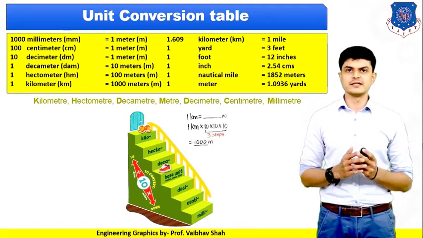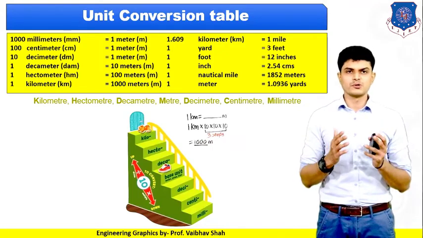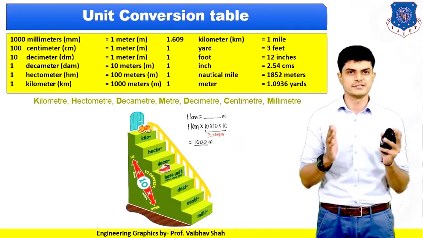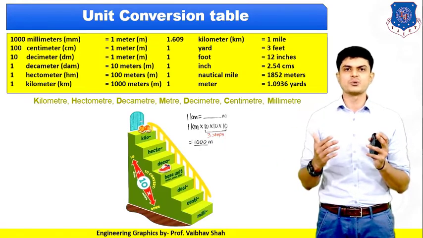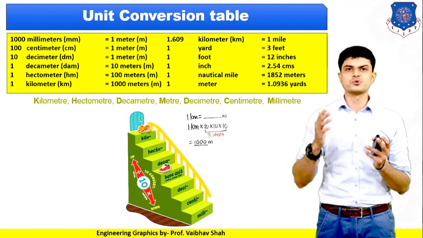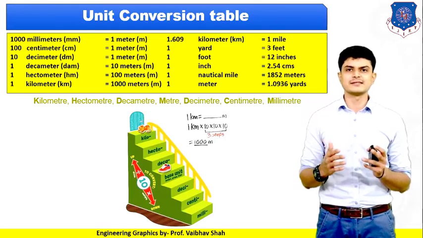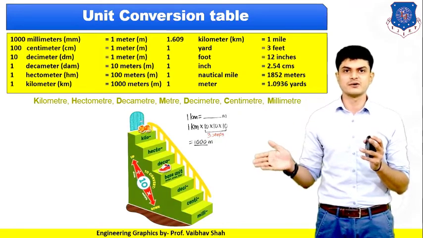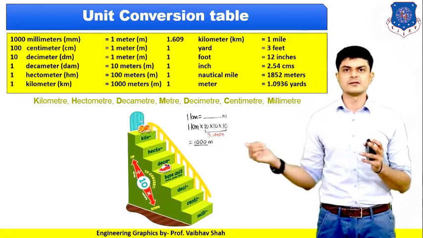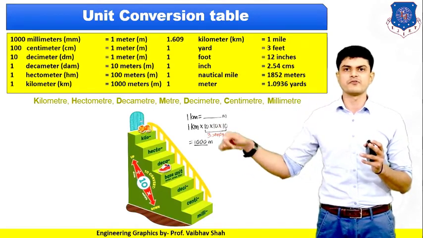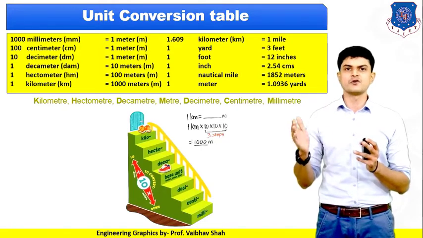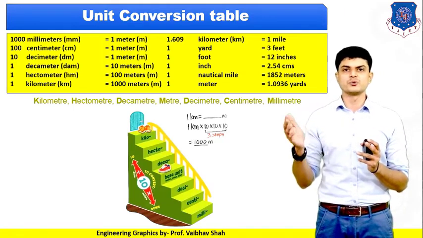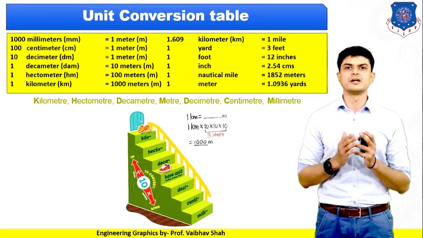So now you will say, sir, it is very difficult to remember this table, right? No, don't worry. I am giving you a shortcut trick to memorize this table within a minute. So we can use this unit staircase, and you can convert practically from kilometers to millimeters in no time. So let us understand how to use this unit staircase. As you can see, there are a number of units written on this staircase, and there is one arrow going upwards and one arrow going downwards. Which shows that if you are going up, then you need to divide by 10, and if you go down, then you need to multiply by 10.